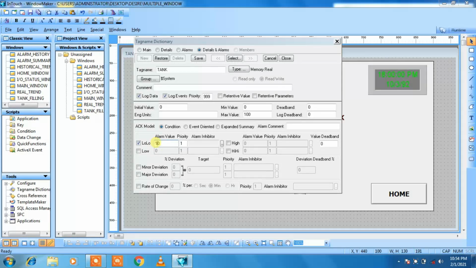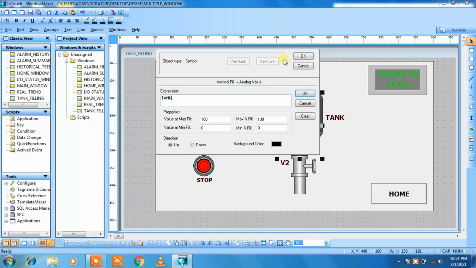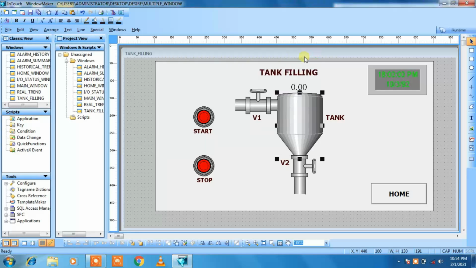The alarm will be low alarm for the value of 20 liters of water in the tank, high alarm for 80 liters in the tank, and high alarm for 90 liters in the tank. Then just save it and close it. Click on OK.